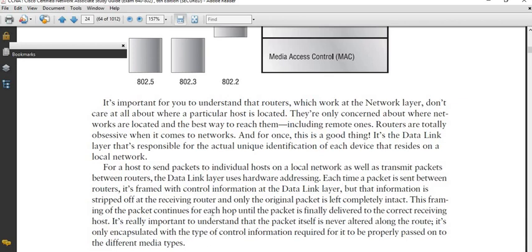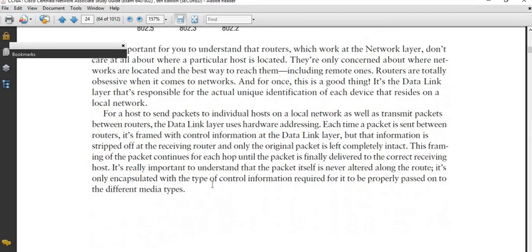So this framing of packets continues for each hop until the packet is finally delivered to the correct receiving host. So packets are never altered along the route. The main message will never be altered. The "I am coming" message I'm sending to you will never be altered. Rather, what will be altered is the control information, like the destination address, source address, destination hardware address, and source hardware address. These are all the